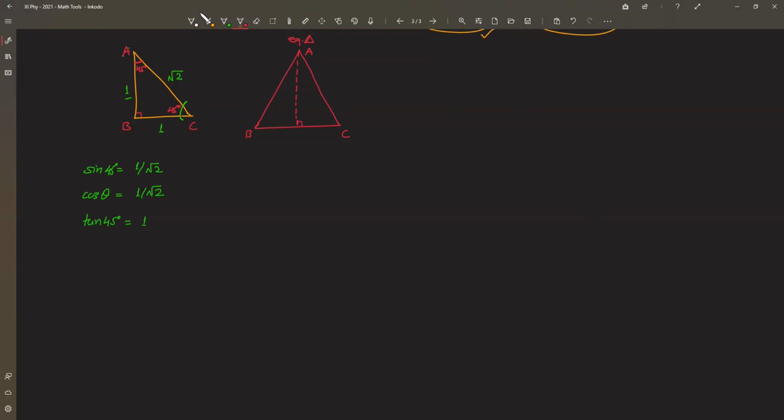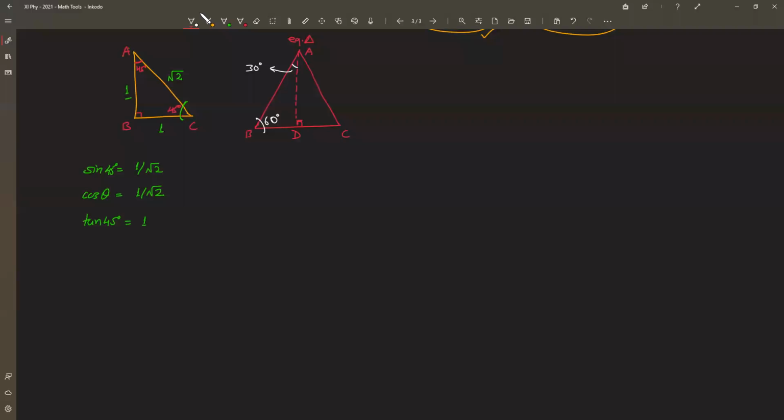So this is an equilateral triangle. I dropped a perpendicular from vertex A to base BC. Let's say this is D. Because it is an equilateral triangle, this will also bisect BC. I hope this much geometry you are already aware of. If you have any doubt in that, you can ask me later, and even now, if you want to ask, you can ask. When I do that, this angle is still 60 degrees, right? That is the angle of the triangle. But this angle, the half of 60 degree, this is how much? This is 30 degree.